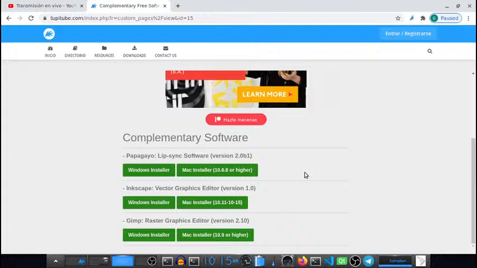In fact, there are several distributions that include Papagayo, so you can install it directly from your package manager without any issue. The installation of Papagayo is quite simple because it's a very small software. You just download it, you just install it, and that's it. Okay.